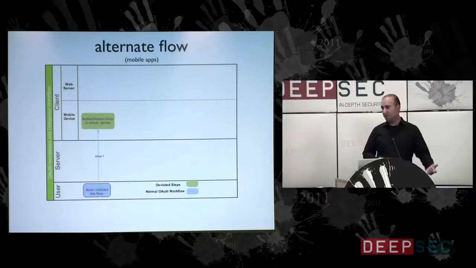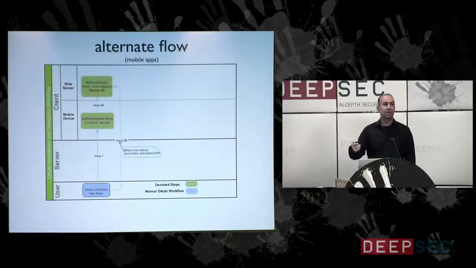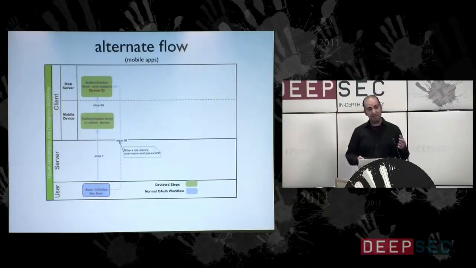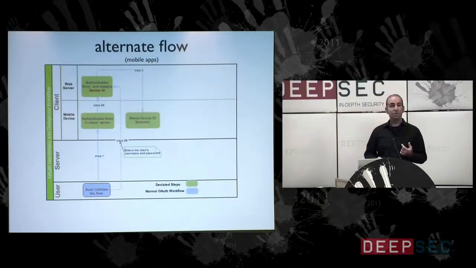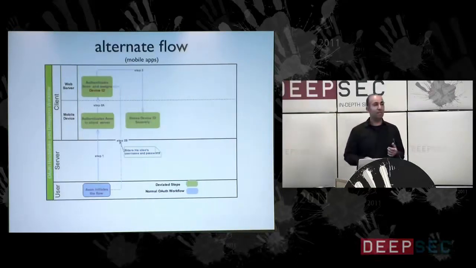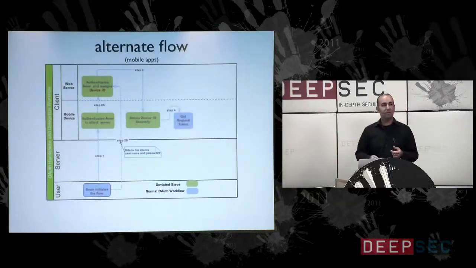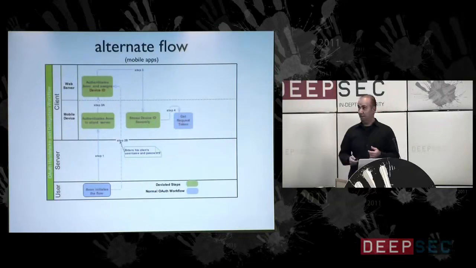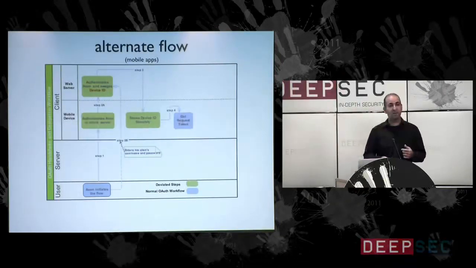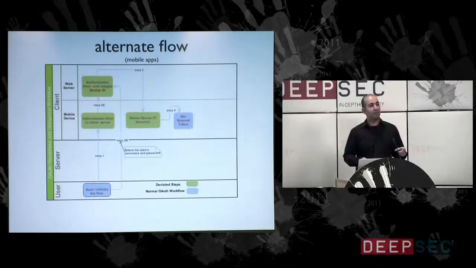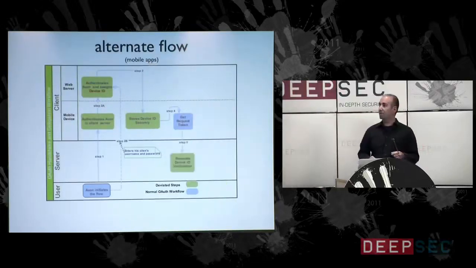So when the OAuth flow starts, the user authenticates to Mint.com's backend web server through the installed app using his Mint username and password, and gets a device ID. This device ID is a new notion, a new token that we're introducing here. Then once you get that device ID, you store it safely on your iOS keychain or you just keep it in memory. Then upon that first request to get your access token or the original request token, you embed that device ID as a new parameter or append it to an existing parameter